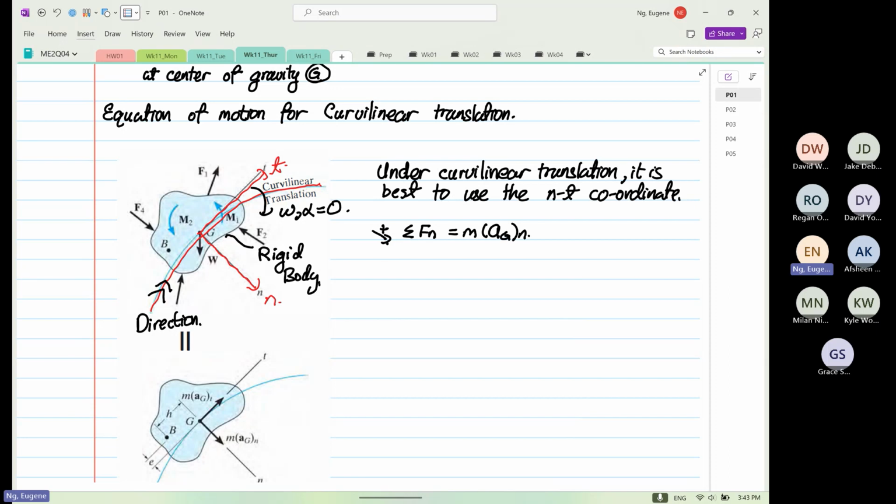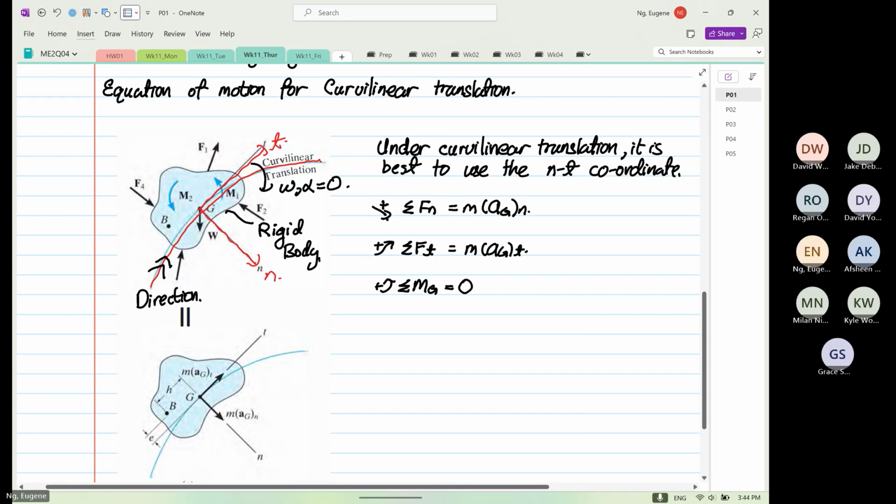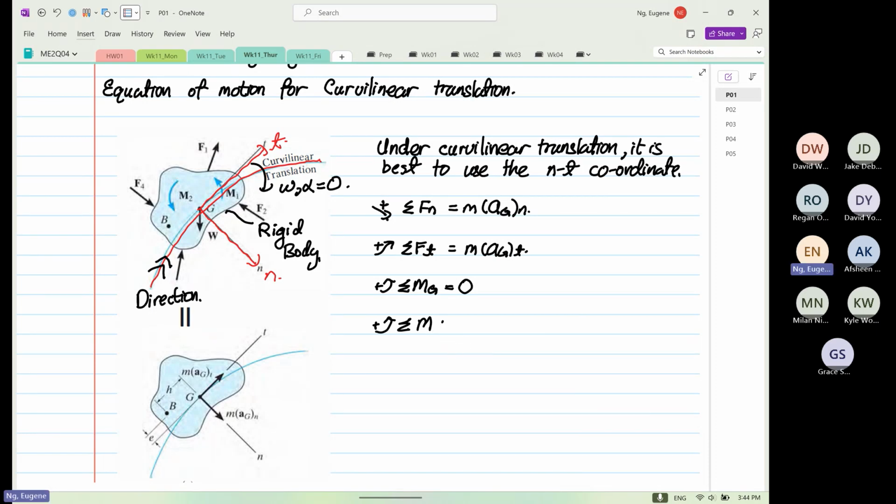Okay. And then you have summation of forces in T, which is equal to m a_G,t. Now, if you were to take the summation of moments about point G, then the whole thing will be equal to what? It will be equal to 0. However, if you decide to take the summation of moments at point B,